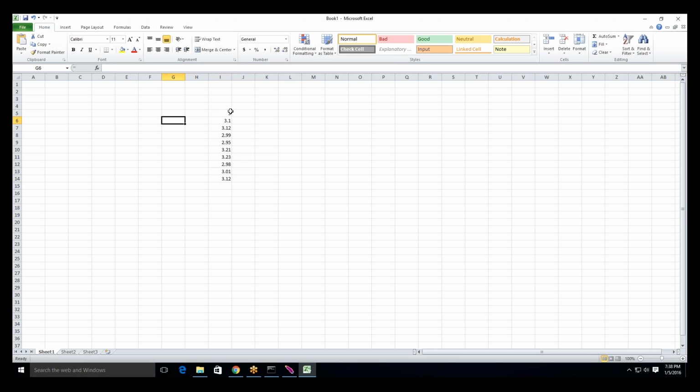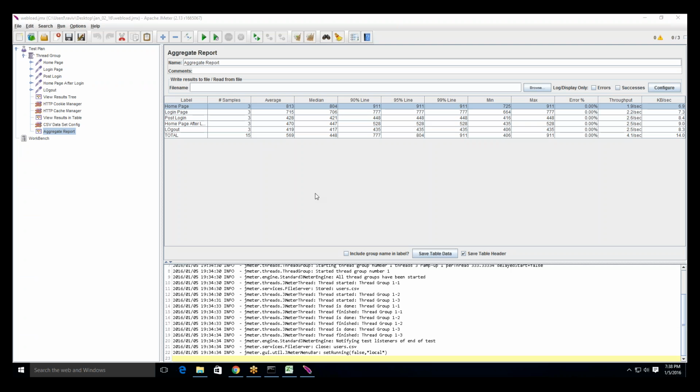So you got the 10 values. In JMeter or in any performance testing, if you want to compare all the users,